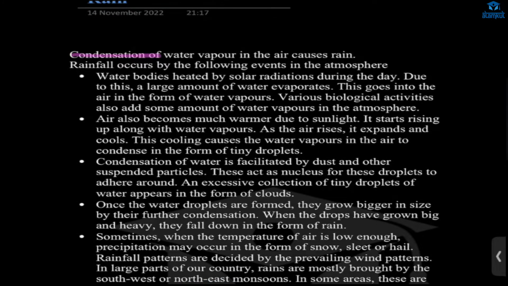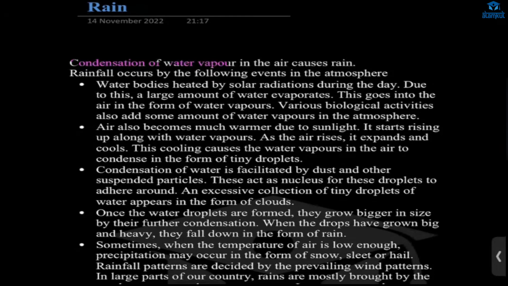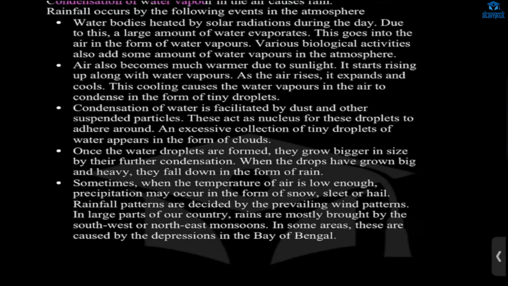What is rain? Condensation, right? Condensation of the water vapor. Yes. When there is evaporation, right? Evaporation of water in the land, plants, animal. It will evaporate and it will rise up. Okay, so after that it will condense into water droplets. Okay, what will happen? It will get bigger and bigger, then it will be heavy, then it will fall in